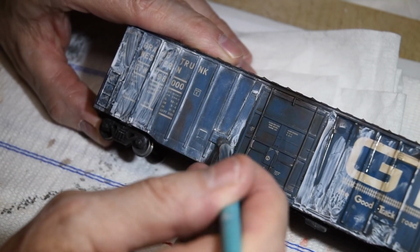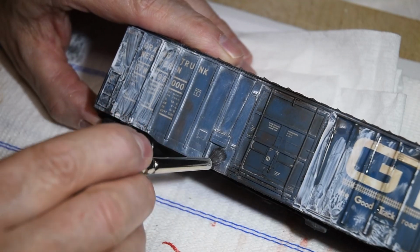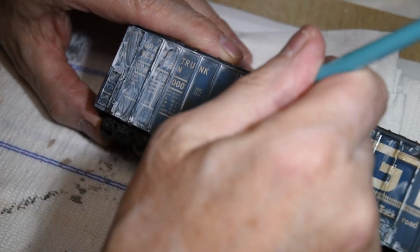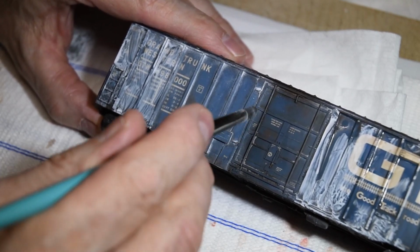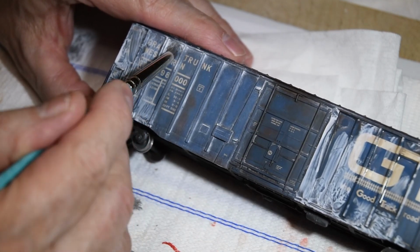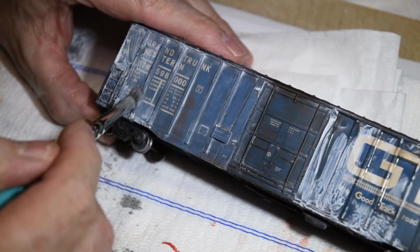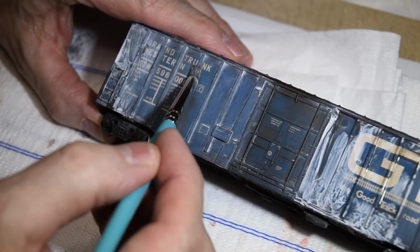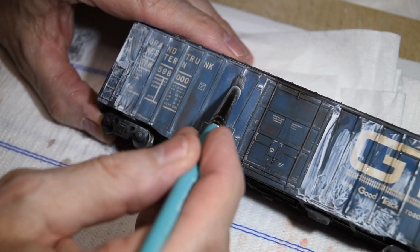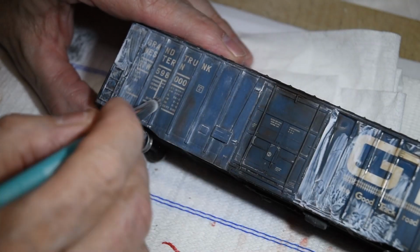If you like to just work with a brush, this is a really nice medium to begin with, or somewhere in between some of your layers. This car's had quite a few layers. I've used it for demo before, and I want to actually fade this car down a bit more. So that's all it is really. And then where you get white, sometimes it's desirable to get some white into the engraving and into cracks and crevices and stuff. But if you want to make that go away,